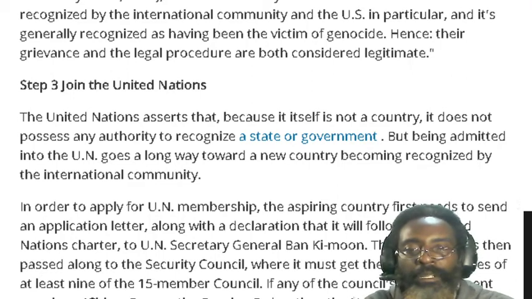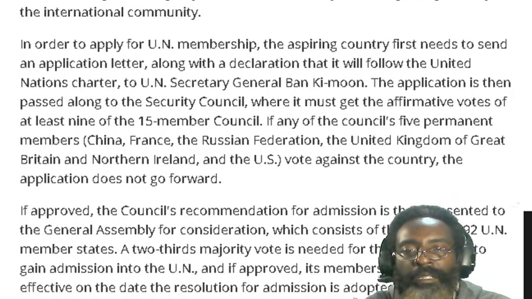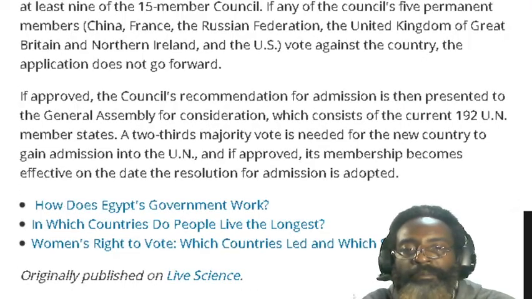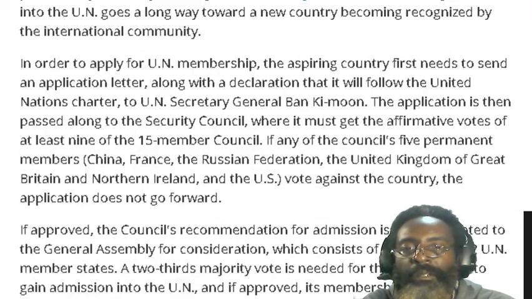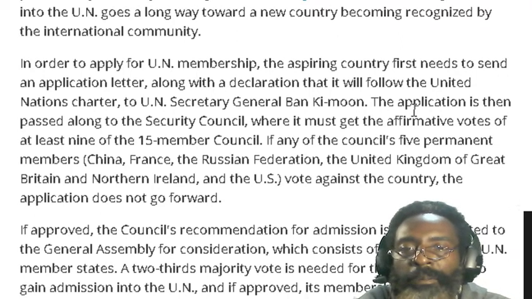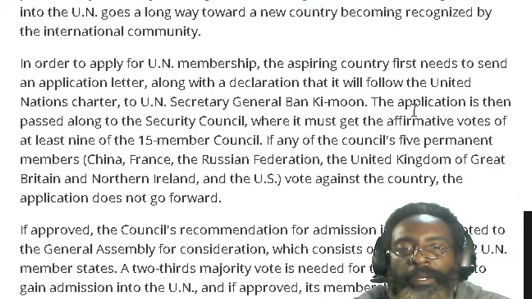I just wanted to let you know. Should I read any more of this? I don't think so. I'll skip down a little bit and just see. No, that's it. So yeah, in order to apply for UN membership, the aspiring country first needs to send an application letter along with a declaration.